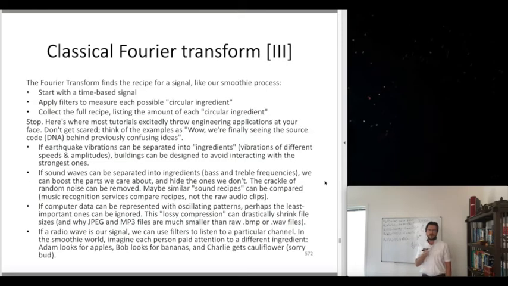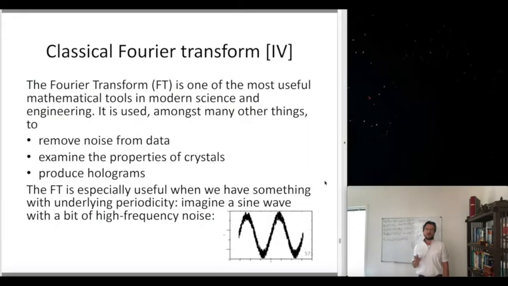Here is more information on the Fourier transform. But basically, it is what I just told you. It is the decomposition of a signal into its components. And it's one of the most useful mathematical tools in modern science. It's amongst many other things used for removing noise from data. It's used for examining the properties of crystals. It is used for producing holograms, what we can see here,